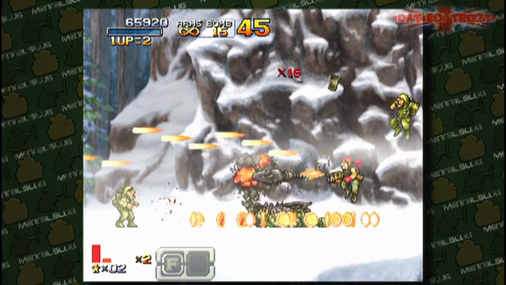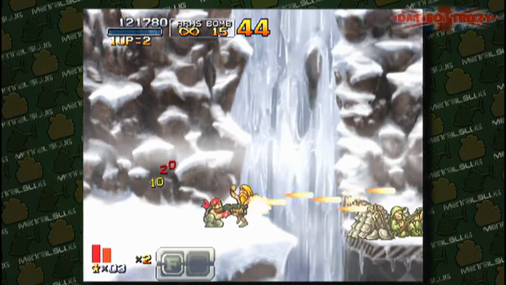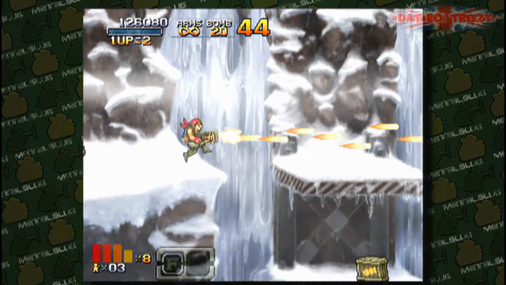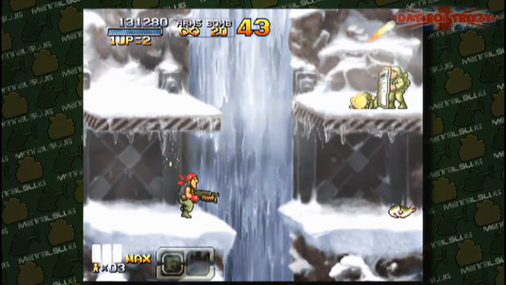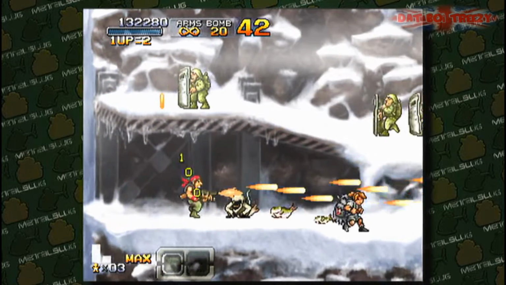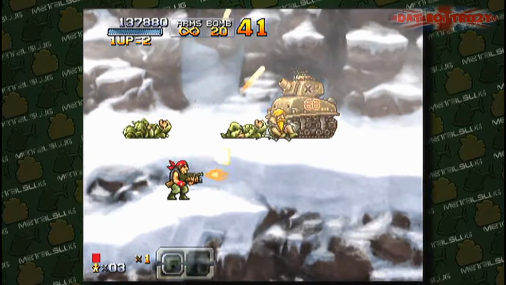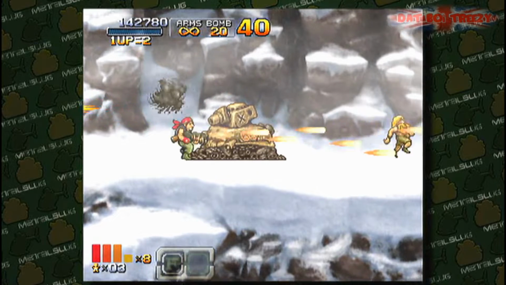Got myself the handy flamethrower here, and I'm still following my same usual technique of picking up power weapons, switching back to the heavy machine gun, and saving the flamethrower and other power weapons for areas I feel the need to use them or feel much more comfortable using them,